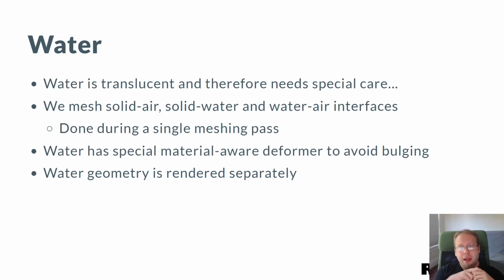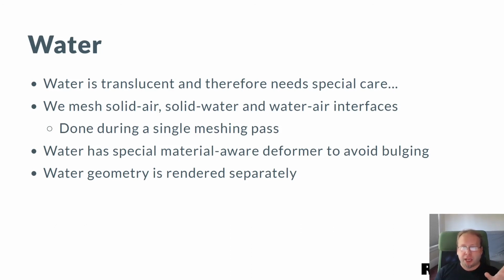And all of this can actually be done during the same single meshing pass, which is really nice because it doesn't actually cost much more performance to extract water geometry as well as solid. Instead of 2 colors, solid air, we just use 3 colors, solid water air. And whenever there is a difference between the colors on the interface between 2 voxels, this is where we know that we need to place quads. Now, we do need to render the water separately. I mean, it's translucent, it has separate shading, etc. So this is where we actually do use 2 draw calls per chunk if a chunk has water and non-water materials.